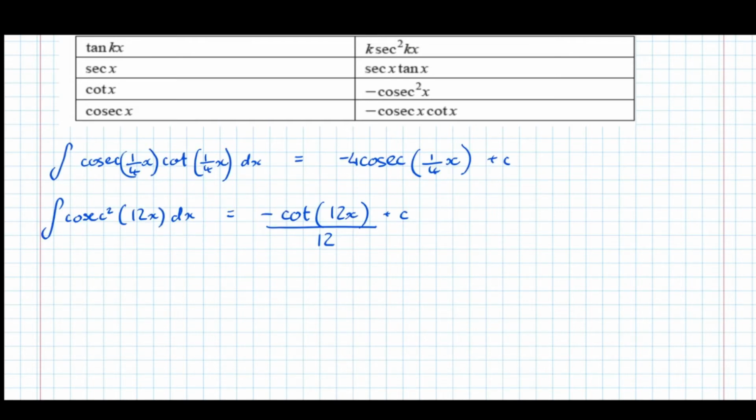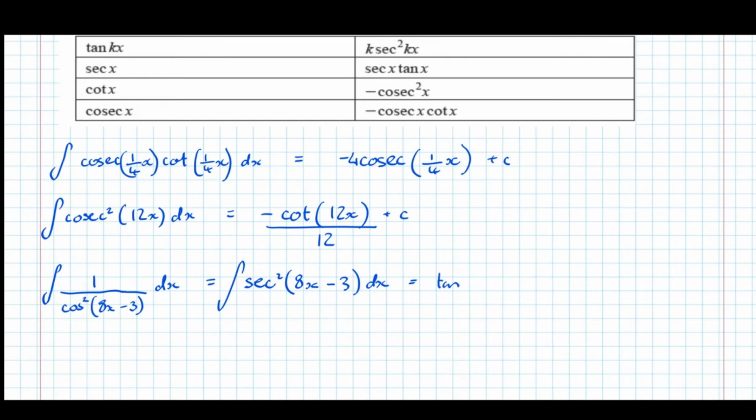Let's try another. So how about this time the integral of 1 over cos squared of 8x minus 3 dx. Notice that doesn't directly appear in the table. We've got to rewrite this in a more integration friendly format. So 1 over cos is sec, so 1 over cos squared is sec squared. So that actually becomes the integral of sec squared of 8x minus 3 dx equals, so the integral of sec squared